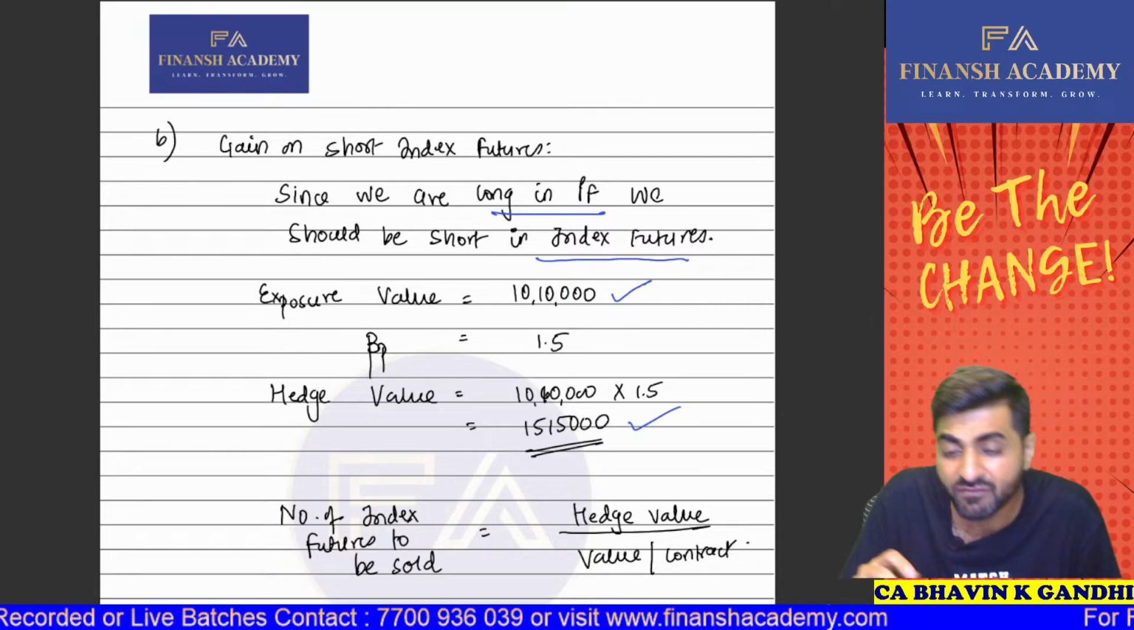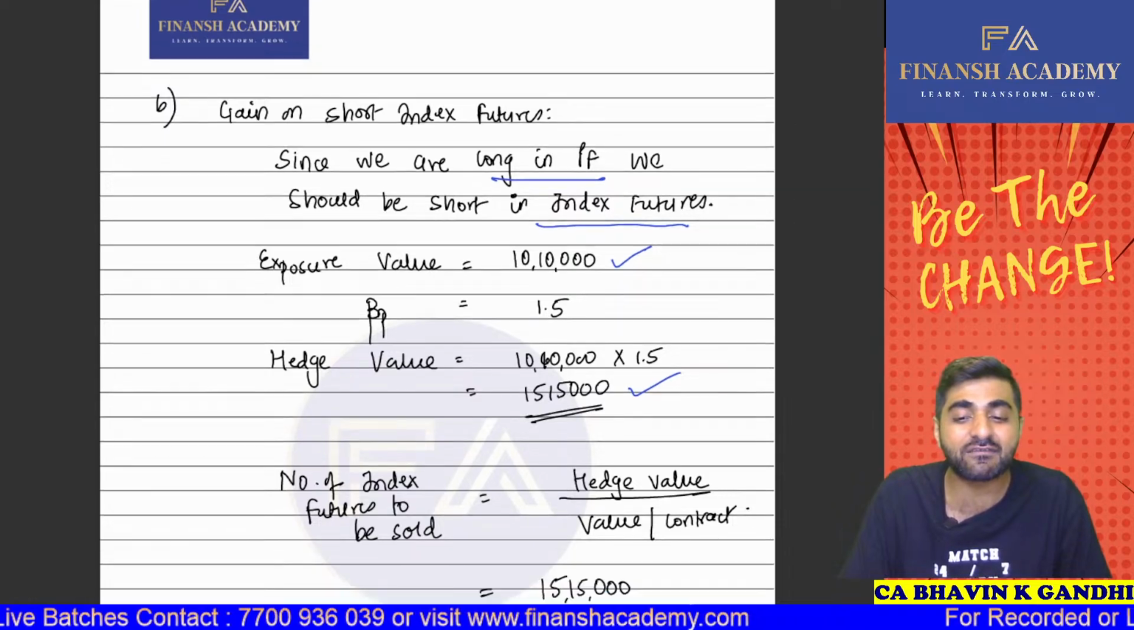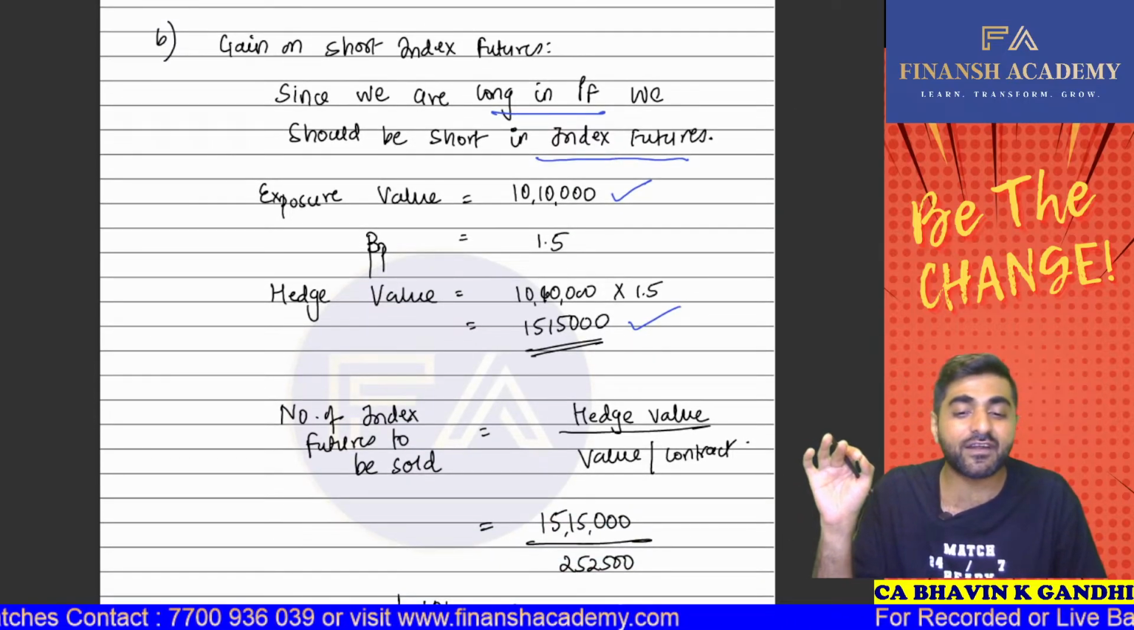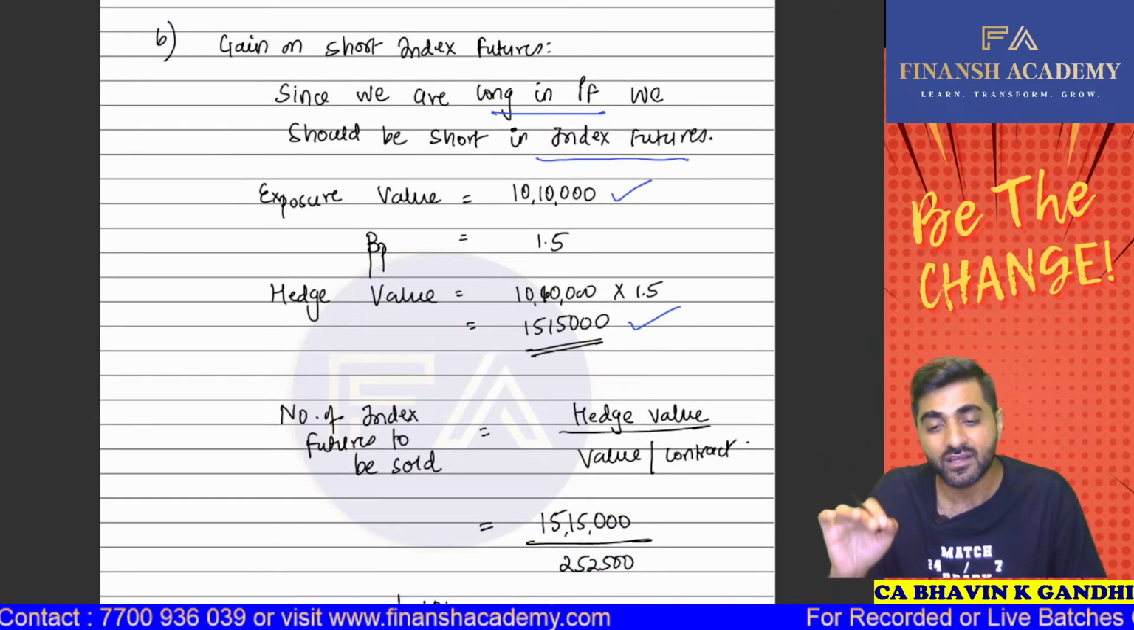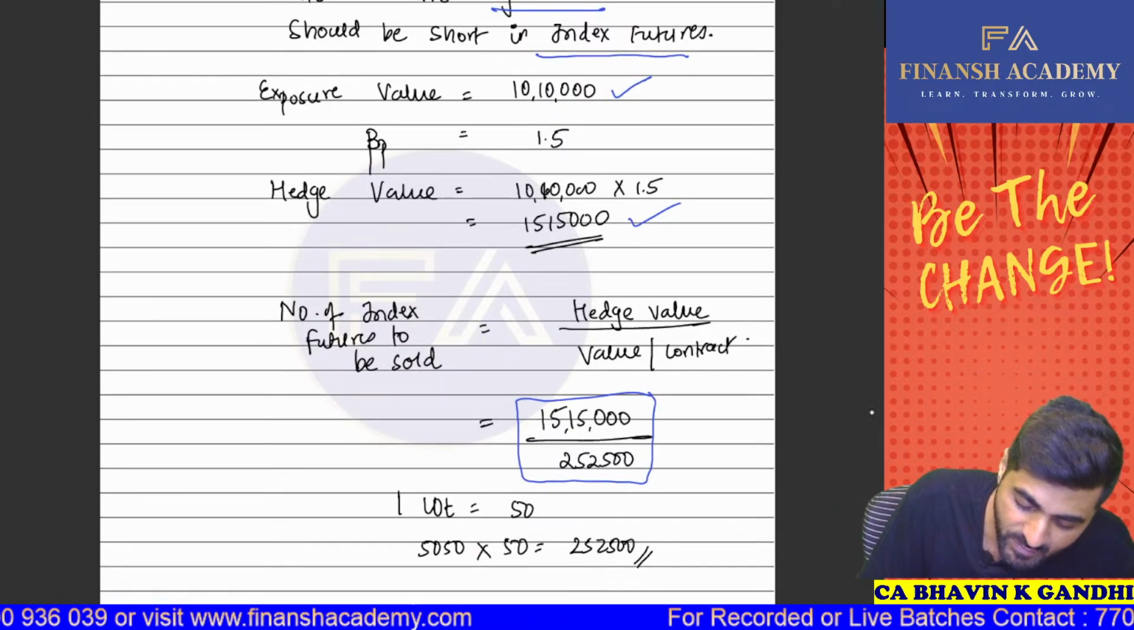So I'll get my hedge value of 15,15,000. Now, my dear students, once I get the hedge value of 15,15,000, very easily I can find out the number of index futures to be sold. So hedge value, divide that by the value per contract. So this will now give you